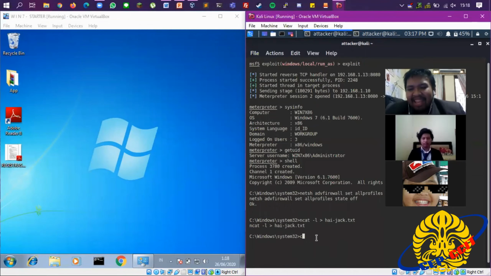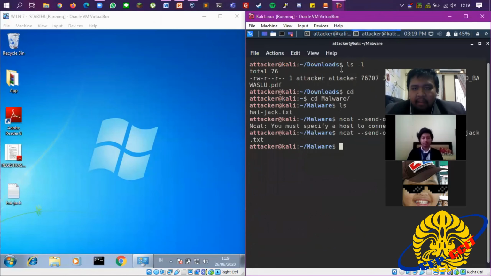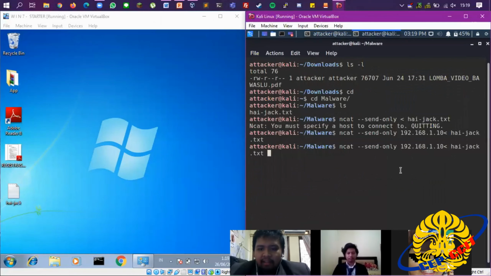So first we're going to go to the admin directory, which is in C:\Users\admin\Desktop. So now we can start to listen for file transfers with the file name hijack.txt, and then we're going to send the file.